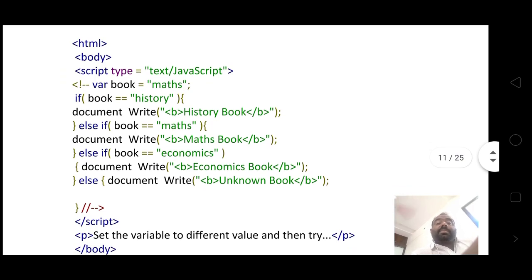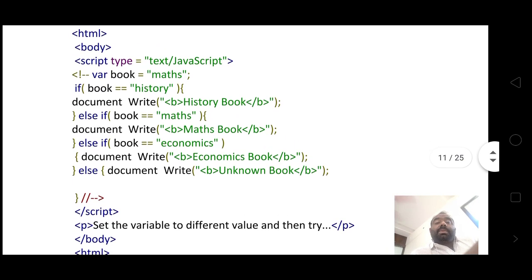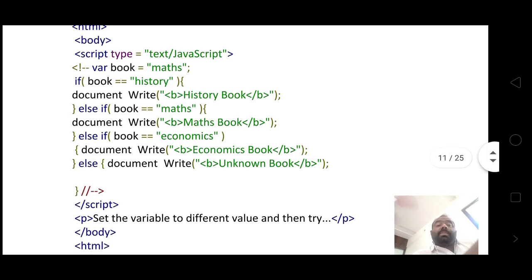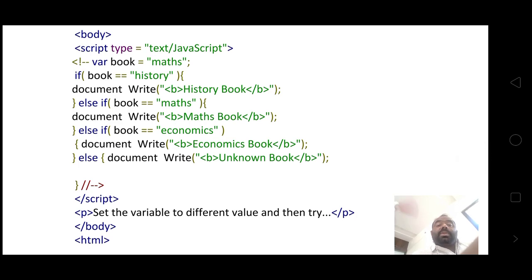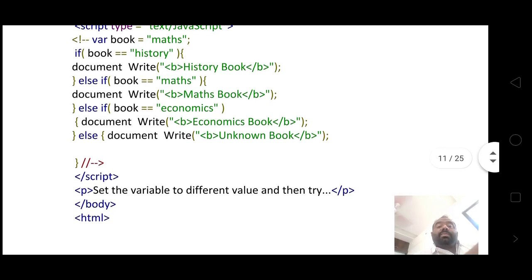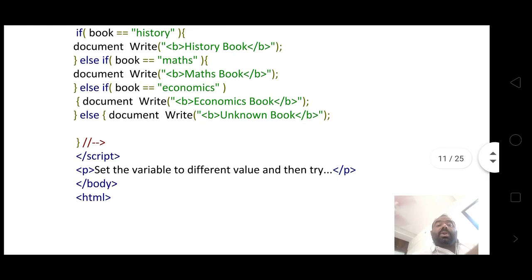Example for this one. HTML, body, script type text/javascript, var book = "maths"; if book is equal to history, document.write history book, else if book is equal to maths, document.write maths book, else if book is equal to economics, document.write economics book, else document.write unknown book.